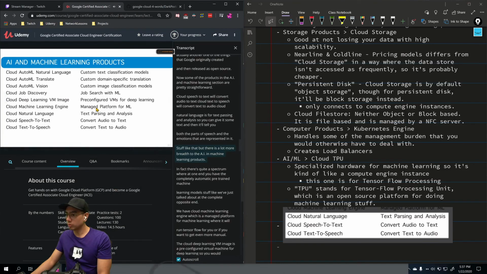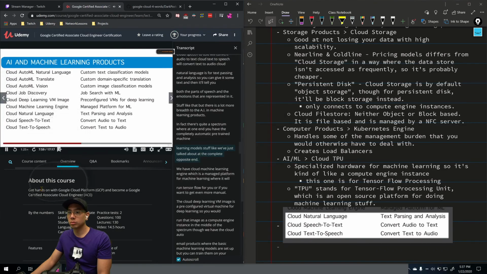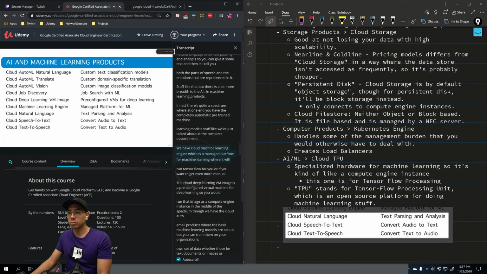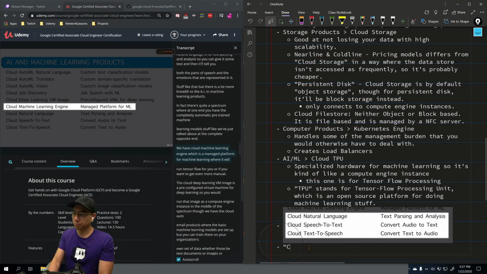But there's a lot more breadth to the AI and machine learning products. In fact, there's quite a spectrum, where at one end you have the completely automatic, pre-trained machine learning model stuff, like we've just talked about. At the complete opposite end, we have Cloud Machine Learning Engine, which is a